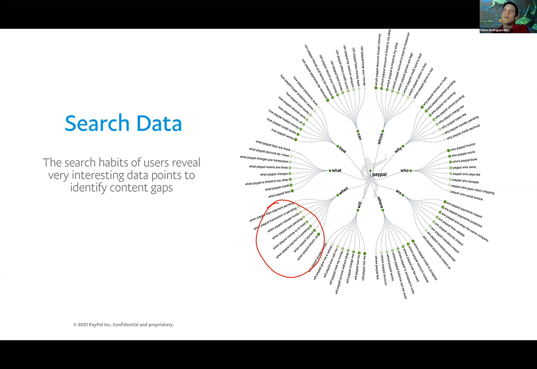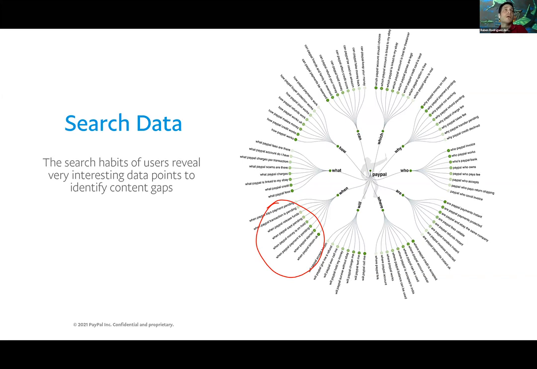So this could point to the fact that we don't provide our users enough information about when they can expect a payment to be completed, or when they can expect to hear back from us if they open a dispute. So very useful data to identify content gaps, and it's also